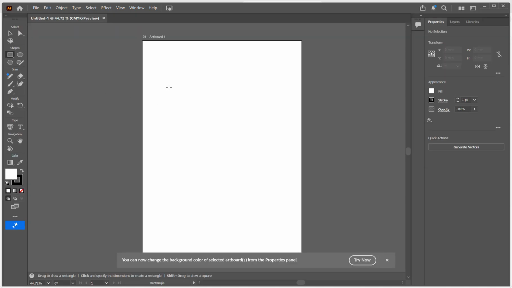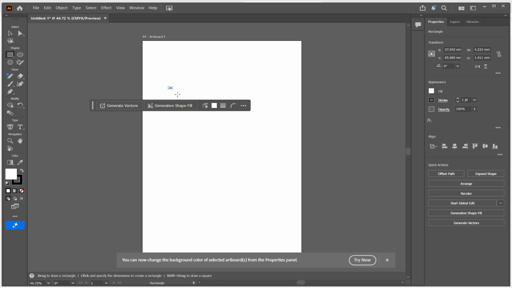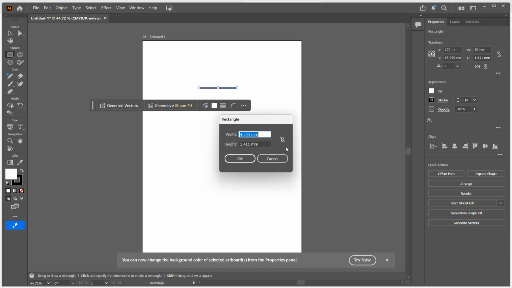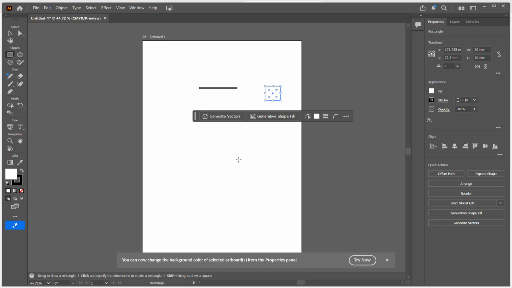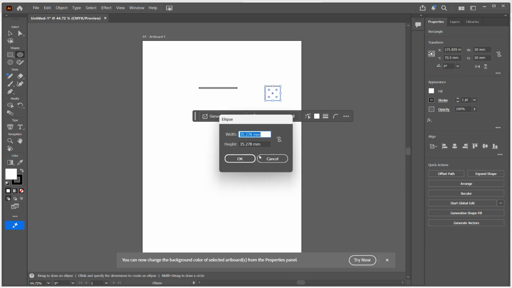So there's a couple of things you can do. You can create shapes. You can change the dimensions of shapes up here on the top right to whatever you want to make the shape. So it can be a rectangle, or you can make squares, you can make circles, whatever it is. So there's a square, you can make a circle,